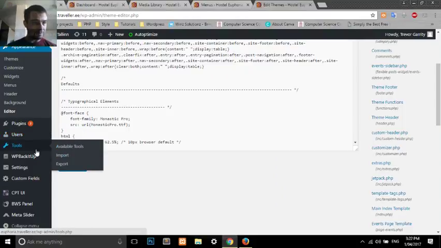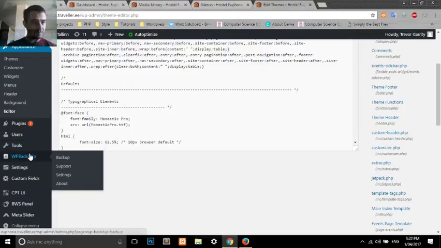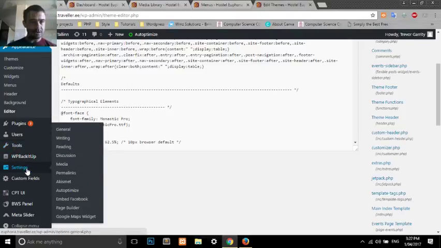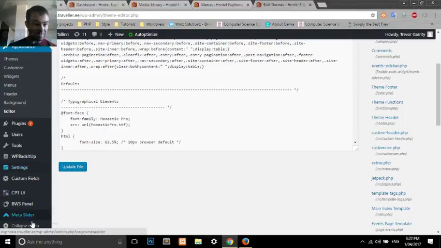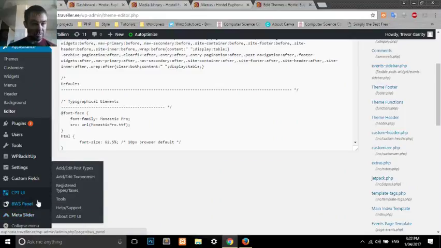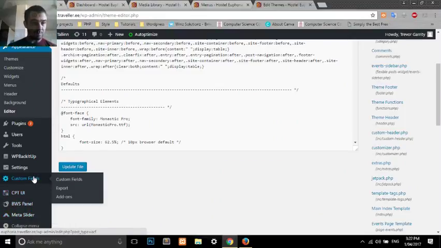Tools, you don't really want. This is a plugin. This is the settings. You probably don't really want to mess with the settings unless you actually know what you're doing. But some plugins can be found in the settings. Some of the plugins aren't here. The BWS panel and the meta slider are shown here, but some of the plugins you might need to find